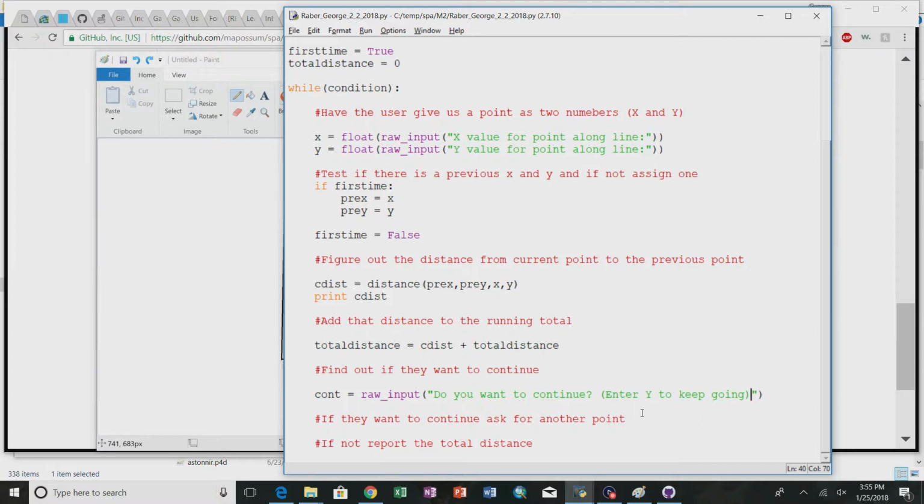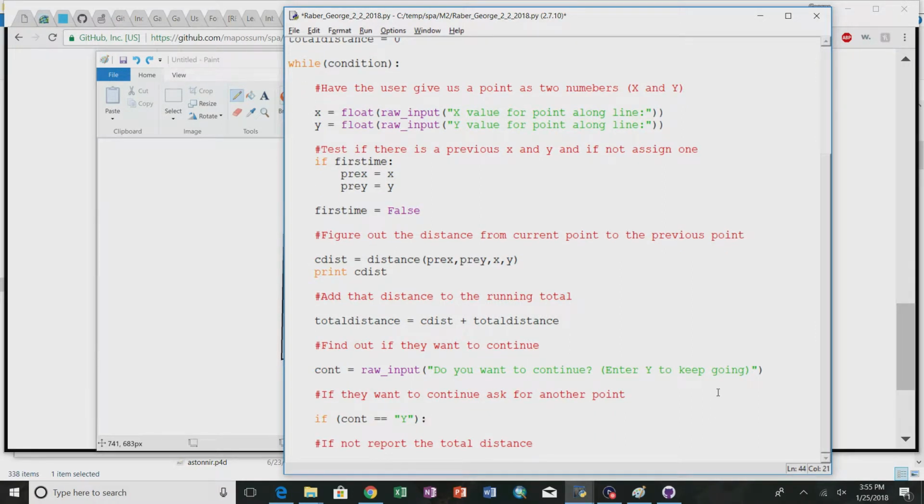All right. And so, it's really pretty easy to do from here. What you need to do is put an if statement. If, well, here, since we'll say that. If CONT equals y, right, then if it does equal y, then